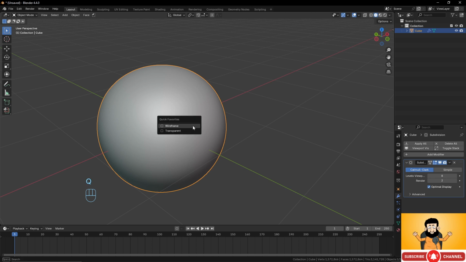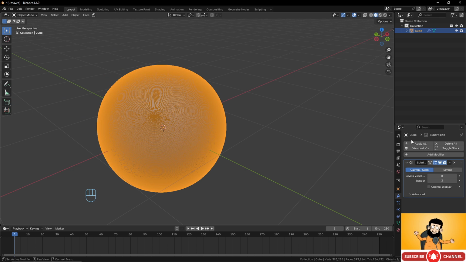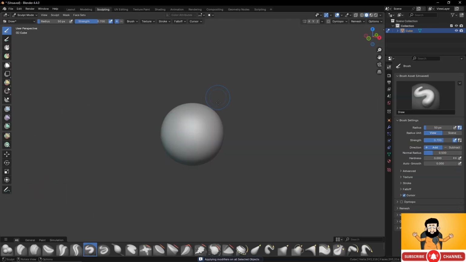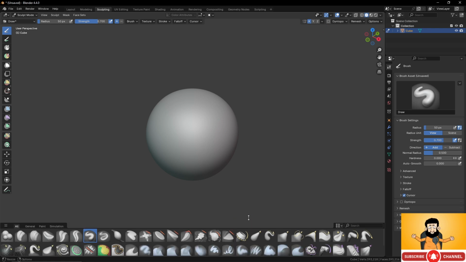Let's see here with wireframe how it looks. Yeah, it's enough with 8. So we apply that and now we come into our sculpting tool here, our sculpting interface. So I will just enable this and I will show you basically the most important tools, in my opinion, are